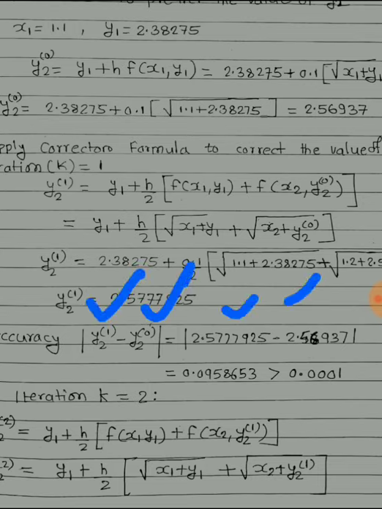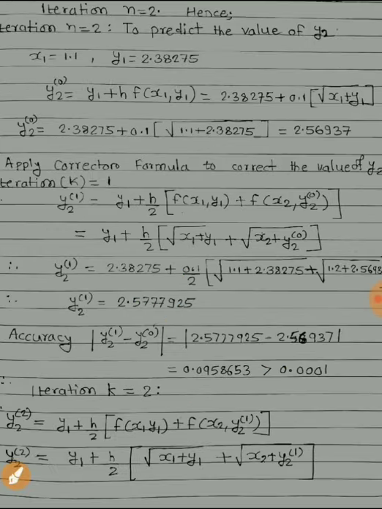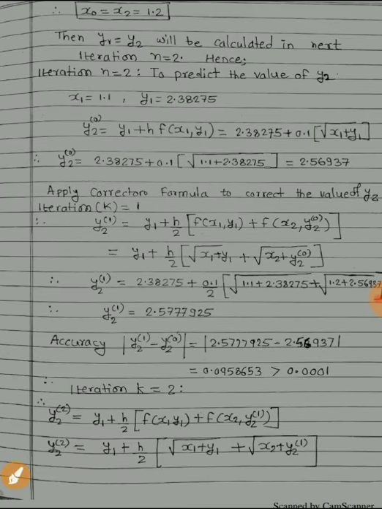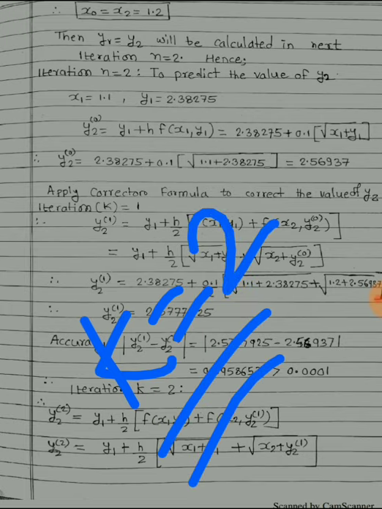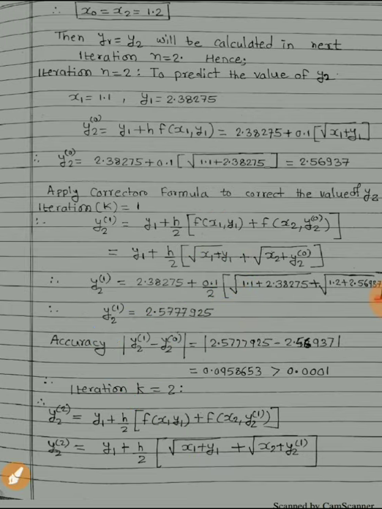If you put in the values, that comes to 0.095863, which is greater than 0.0001. If the accuracy we calculated is greater than the accuracy required, our work is to take another iteration for correction. So I take iteration 2, and my k value becomes 2 as it is the second iteration. Hence the formula is going to become